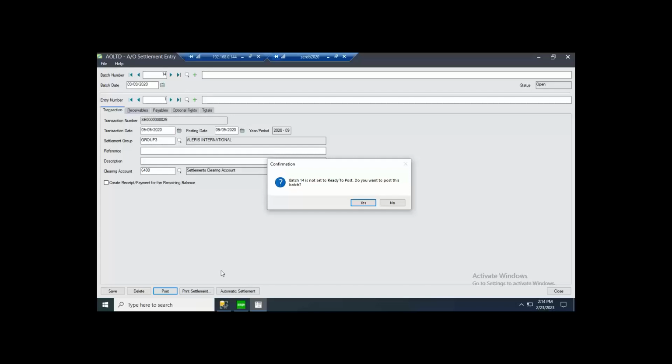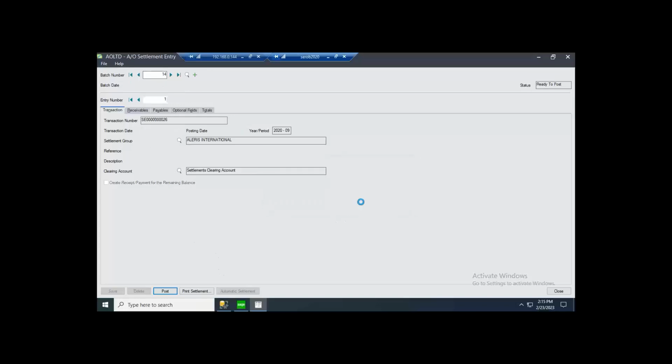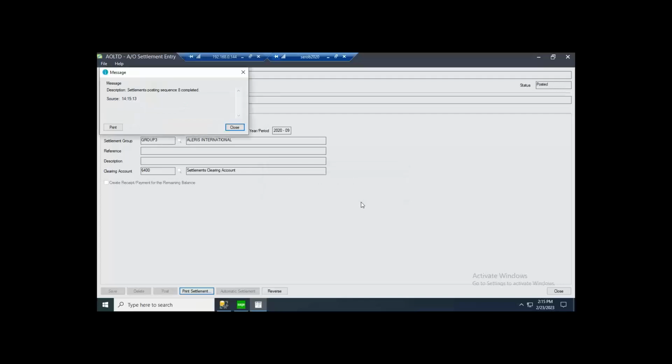Instead of that, it can be done by reducing the amounts using the adjustment functionality available in AR and AP modules. So when we post the entry, the application automatically will create adjustments in both AR and AP